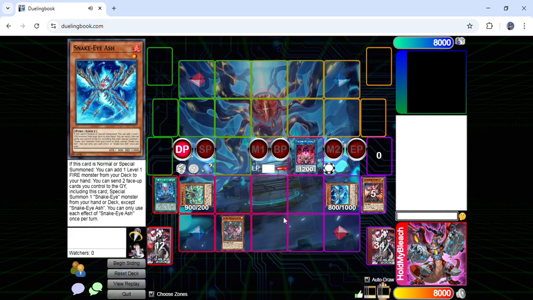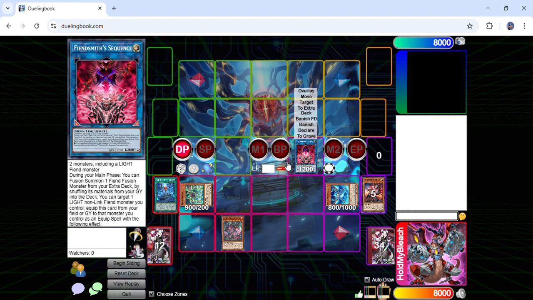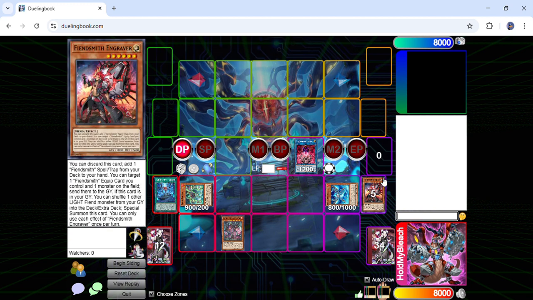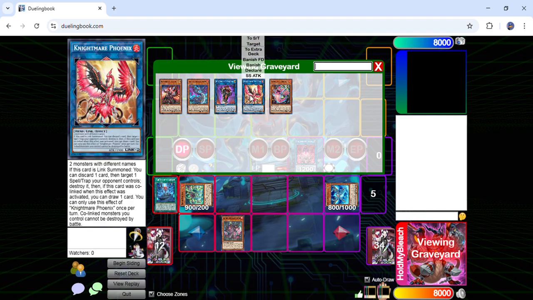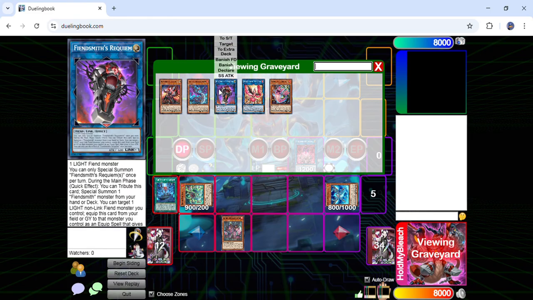Here, and you still get to play around Nib because of the simple fact that you haven't used Engraver to summon back. You haven't done anything of the sorts, so do keep this in mind. So you could go one or two ways here. The standard play would be to shuffle this and the Closed Moon back into the Extra Deck. But what we can do here, which is a little spicy,